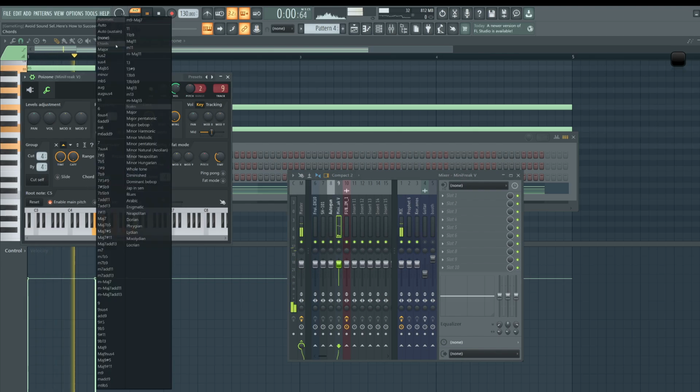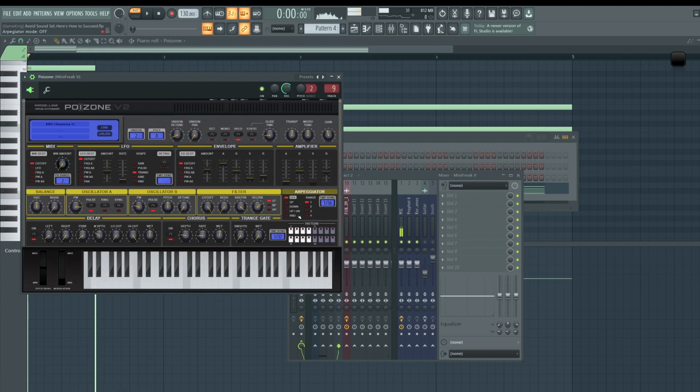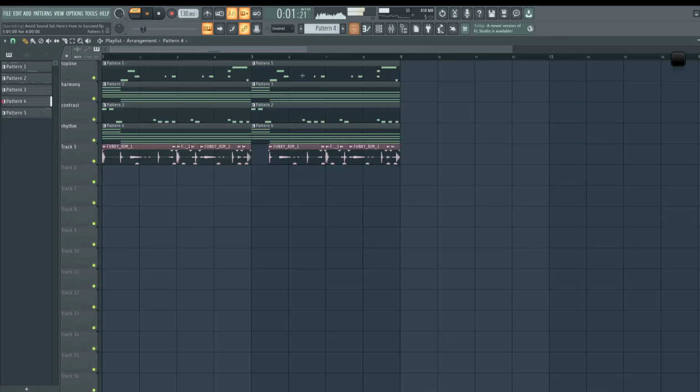I'm not sure why it's not going this way. I think because this has a built-in arp. That's probably why. So remember, this is the rhythm. So as long as this rhythm matches,